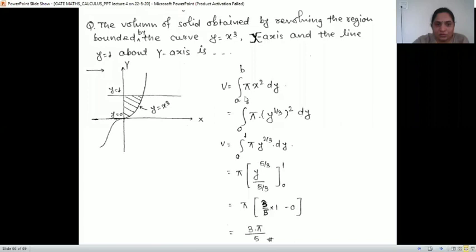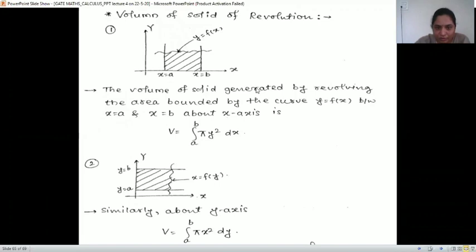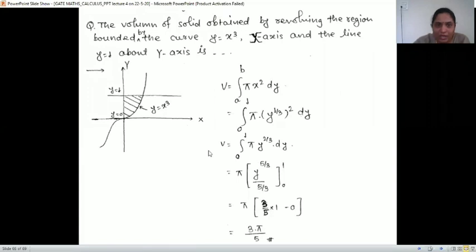So we have to find the volume of the solid of revolution. So it is y is x cube, right? If y is some function of x, then we write pi y square. And if we have x is some function of y, then we write pi x square. Here we can write x is y raised to 1 by 3. So we can also write integration of pi x square from a to b.